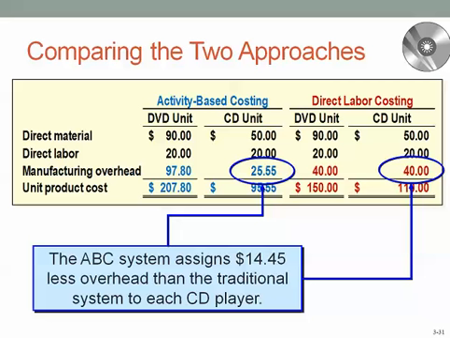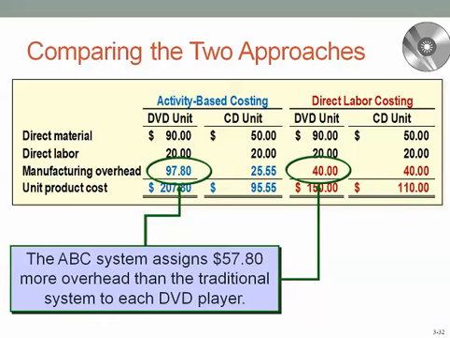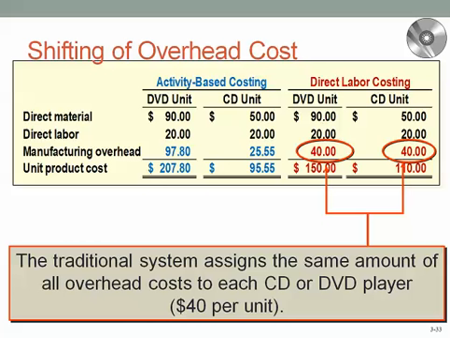On the other hand, if we look at our DVD units, we see when we use our activity-based costing system, we assigned $97.80 to the DVDs, whereas under our direct labor costing, using a single plant-wide rate, we only assigned $40 in manufacturing overhead. So again, under our traditional system, since each unit, the DVD units and the CD units, required the same amount of direct labor hours, they were both assigned the same amount of manufacturing overhead per unit, which was $40 per unit. But under our activity-based costing system, more overhead was assigned to the DVD unit and less overhead